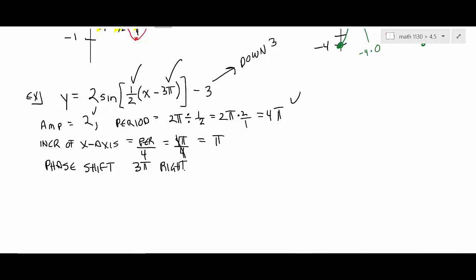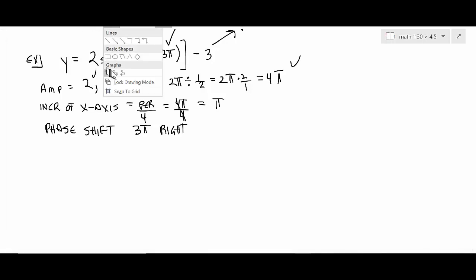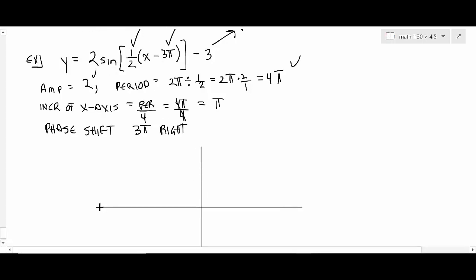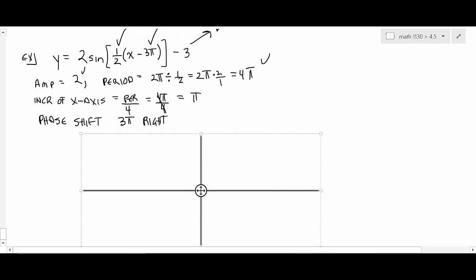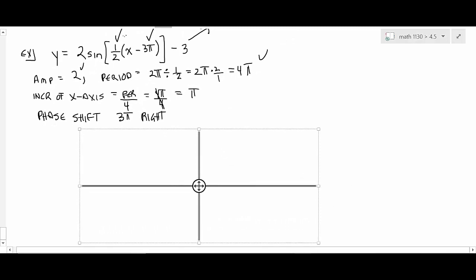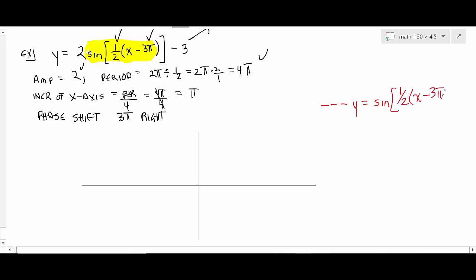Okay, so what I'm going to do now is we're going to try to put together a graph, and I'm going to teach you how to do this in 2 steps. That's the goal. Okay, and pause me if you're getting lost as I do this. Okay, because it's kind of hard to keep up sometimes the first time you see this. So what you want to do is you want to go inside out. This is the way I'm going to teach you how to do all of the 6 trig function graphs. Is we're going to start by graphing just y equals sine of 1/2 times x minus 3 pi, like that